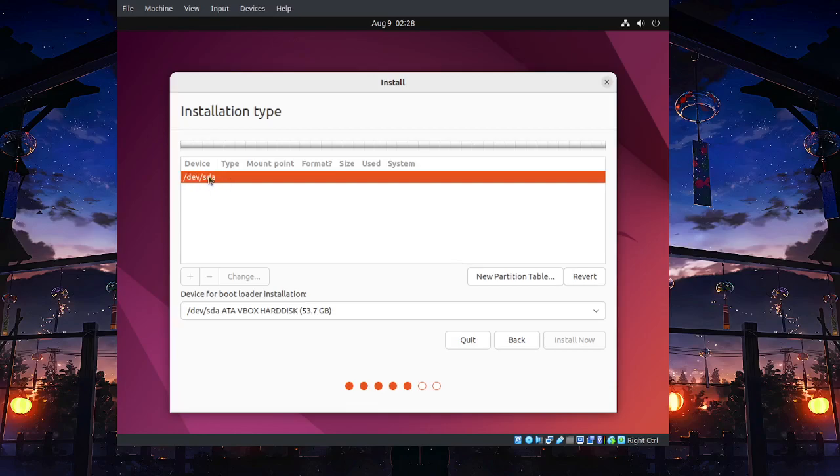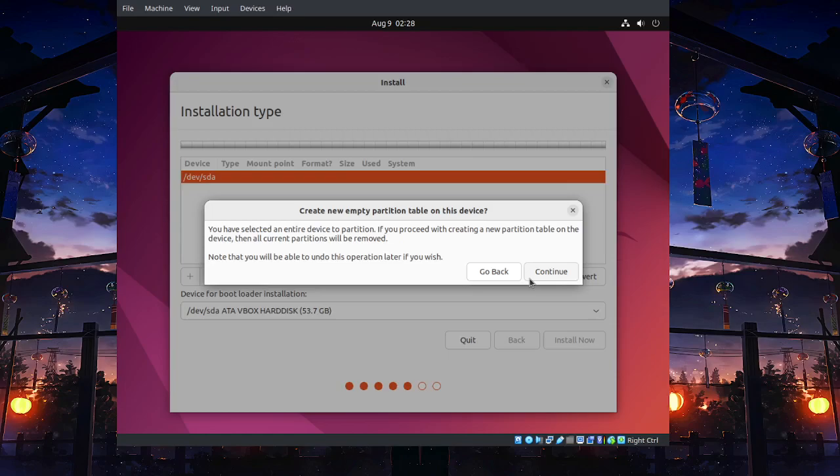And if this is all you got, then you need to go to new partition table. Note that it says SDA. If it's a good old SSD drive, this is what you get. If you have NVMe, non-volatile memory express, is that what NVMe means? Then it's not going to say SDA. It's going to say NVMe. Okay, anyways, so click that, hit new partition, continue,